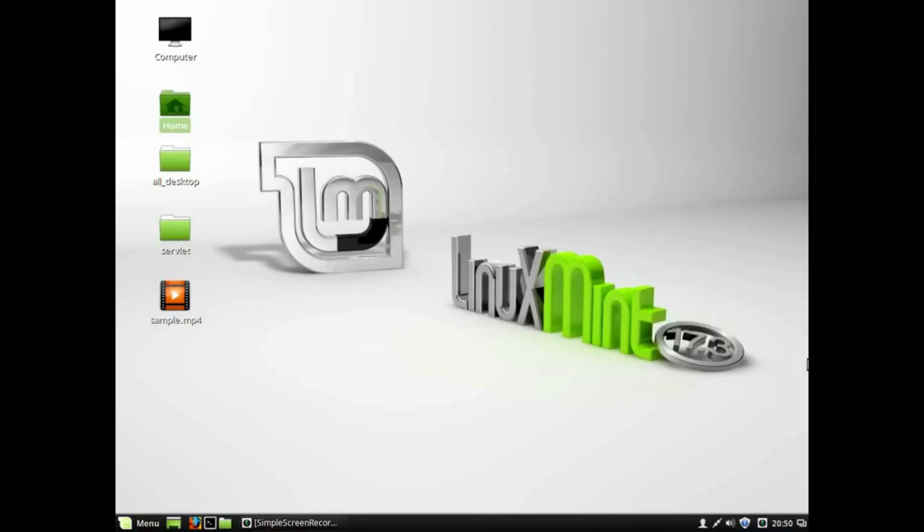Hi, I am here to demonstrate how to deploy a Java Servlet application in Apache Tomcat. The operating system that I am using is Linux Mint and it is very much similar to Ubuntu. So the commands whatever I use here can also be used in Ubuntu. And of course, I don't think this demonstration depends upon the type of operating system. In case of Windows also, I hope this video will definitely help you.